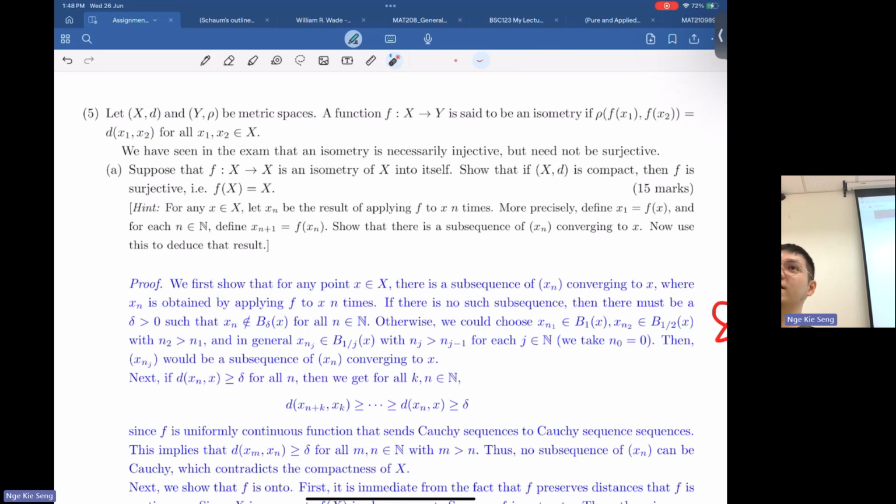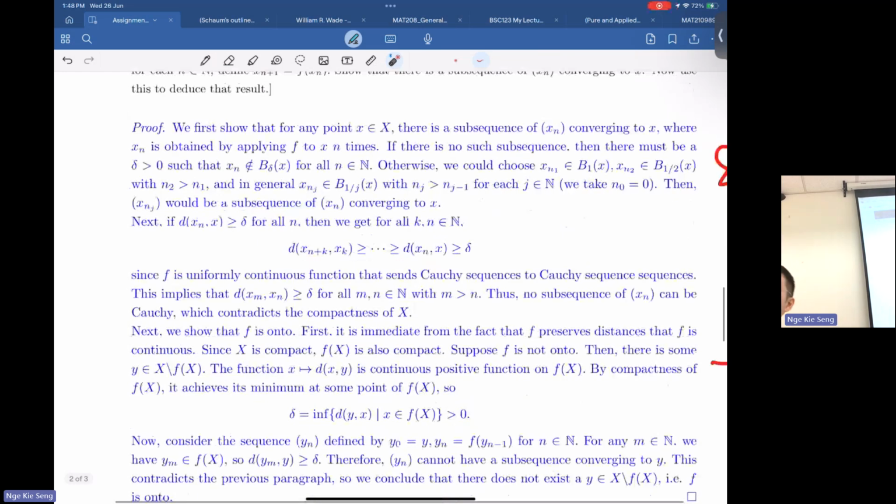By what argument? The metric, right? The definition of metric. It has to be injective, but might not be surjective. But once I add compactness into it, it becomes surjective. Okay. So how to show it? I think you guys get the right idea. So if you follow the construction that I gave you,